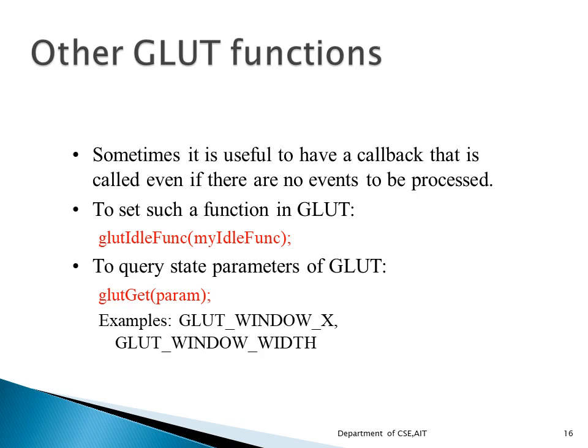If I give the parameter glut window x, it is going to give my window's x value. What will be the top left corner of the window will be given with respect to glut window x. If I want to know the width of the window, then you can go for the glut window width. And if I want to know the screen width, then you can go for the glut screen width. The glut screen width or the glut window width is going to give us the size of the screen or window with respect to the width. These are some of the APIs which are used for viewing.